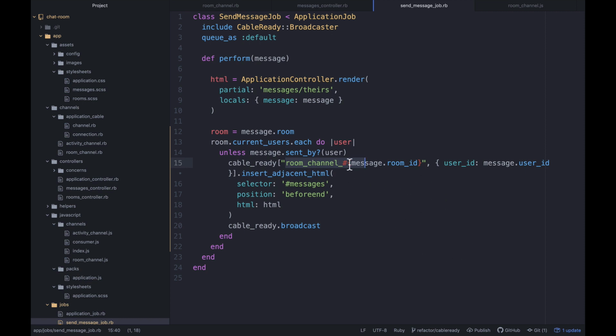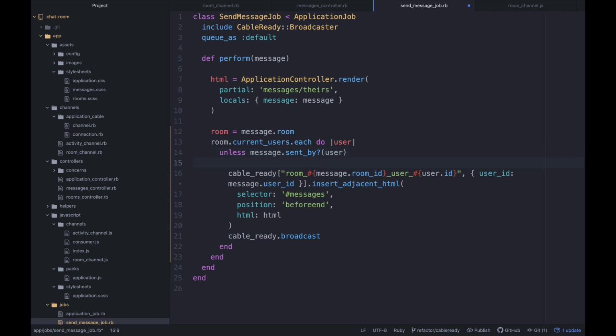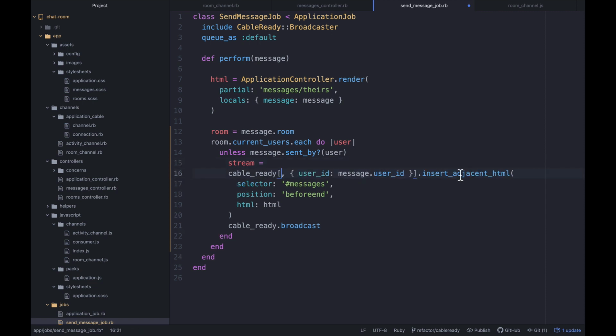What we want to do is say something like room, and then I don't know if we need underscore channel or not, but we can say room like that, and then we can say user, and then say user.id, or something along those lines. Again, I'm not 100% sure what the actual wording for this is, so I'm going to study up on this a little bit more, but what I would like to call this is something like stream equals, and then just grab this text,